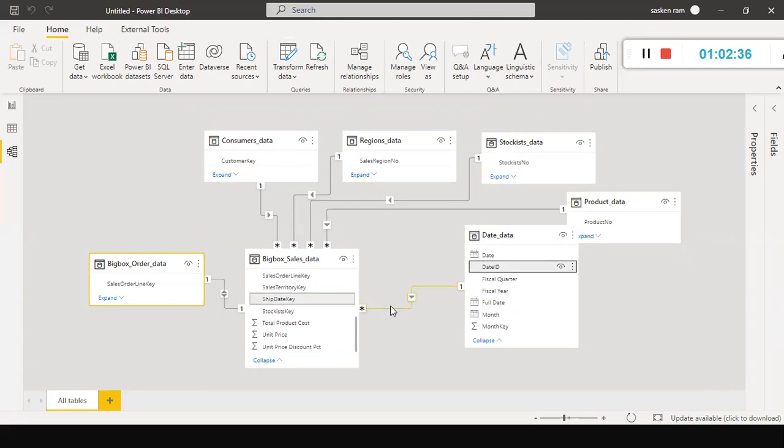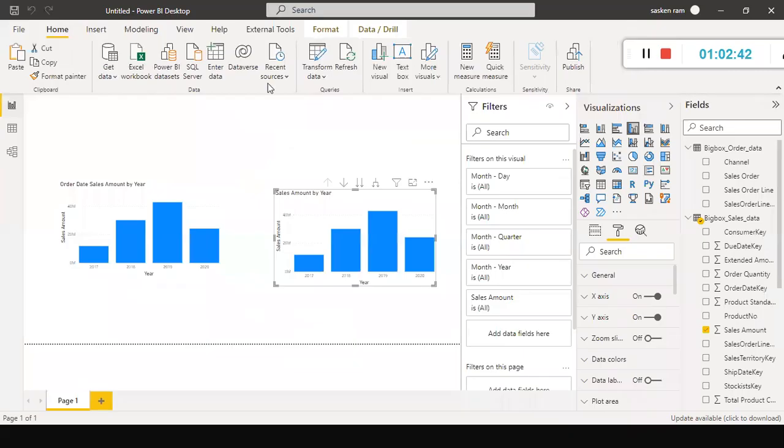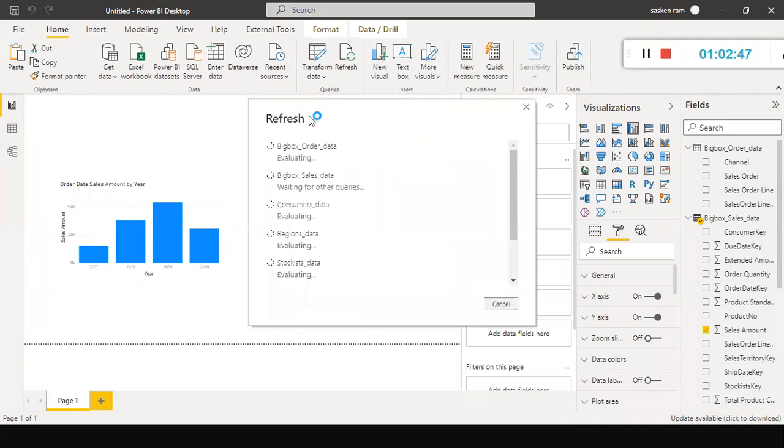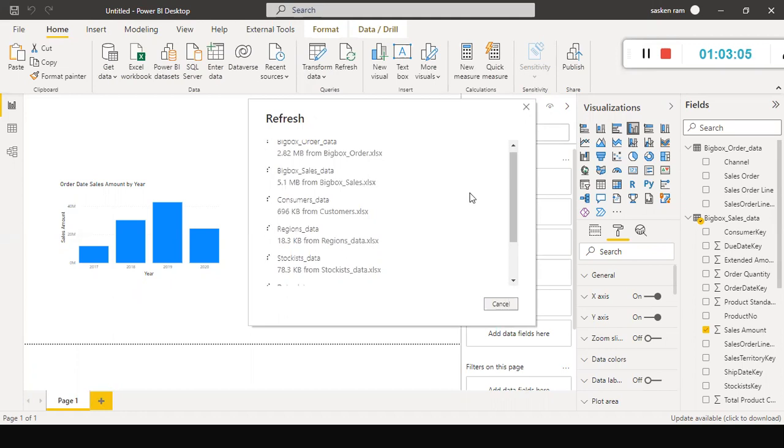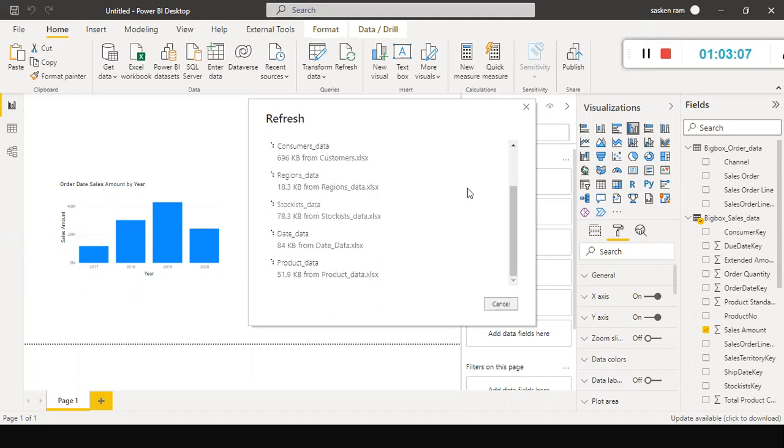If I keep the cursor here, date ID and ship date key got linked correctly, and if you refresh it, so many files are there, hence it takes a while to refresh the entire data.